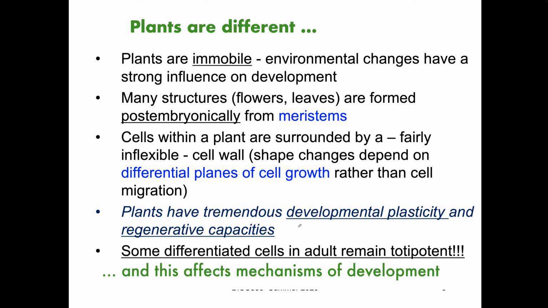If you've ever taken a cutting from a plant and put it in water and had the roots start to grow, this is called developmental plasticity, and the ability to regenerate, because you can cut off the inflorescence, the floral stem of a plant, and it can make more, such as